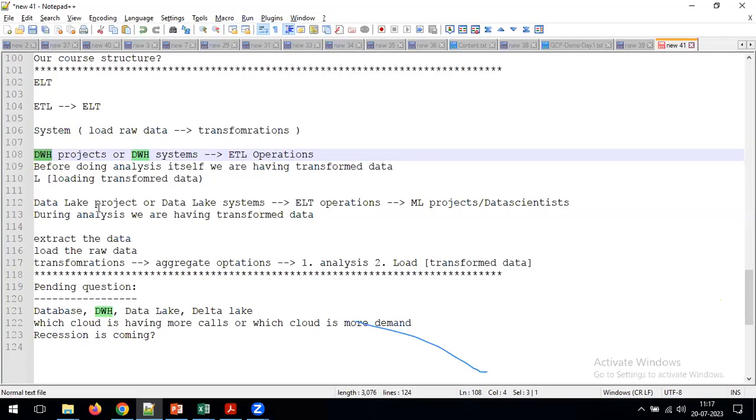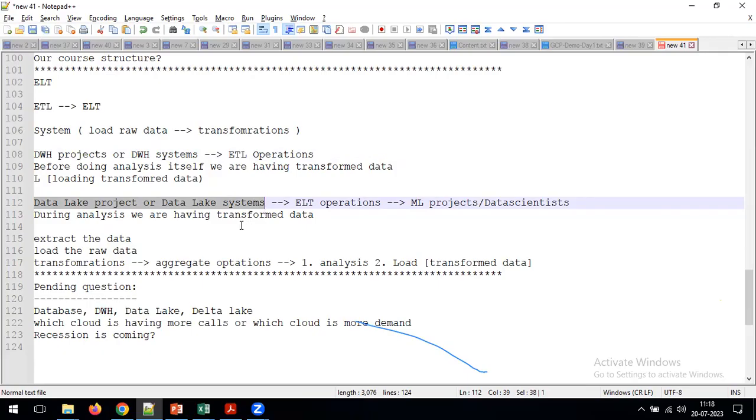To increase the performance of the system, we have some techniques in data lake projects too, which we are going to cover in the coming classes. So if your question is how we can improve performance in data lake projects, where we maintain a huge amount of data and see some degradation in performance, that topic we are going to cover separately in the coming classes.